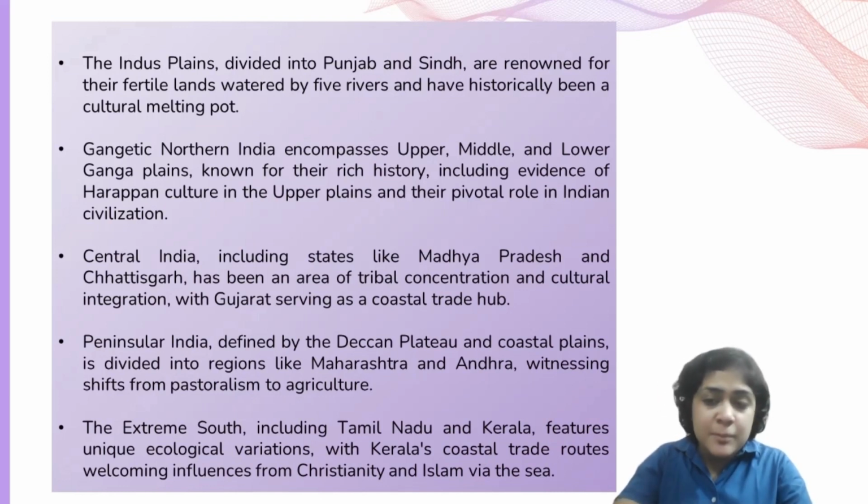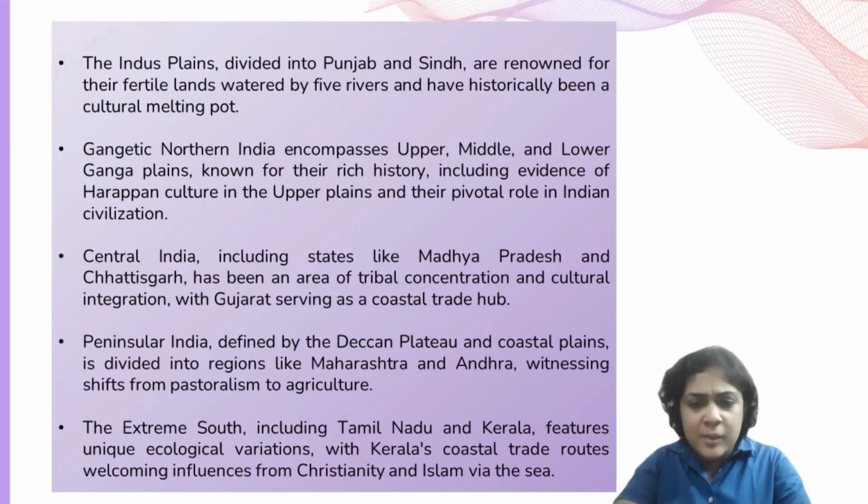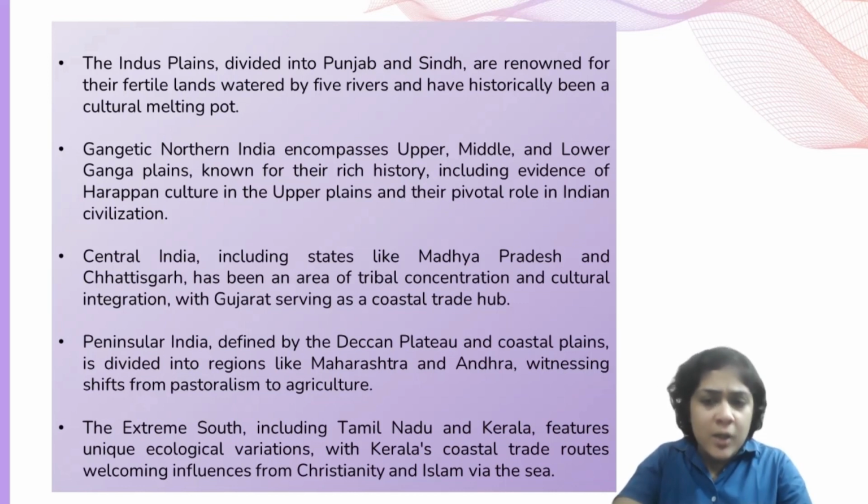Central India encompasses present-day Madhya Pradesh and Chhattisgarh. This region, particularly southern Bihar, western Odisha, and eastern Madhya Pradesh, has been a hub for tribal communities. Cultural influences from neighboring regions have gradually integrated these tribal communities into the dominant caste-based societal framework, starting from early historical times and even more during the Gupta period. Gujarat, located on the western border of the central Indian belt, is categorized by three natural divisions: